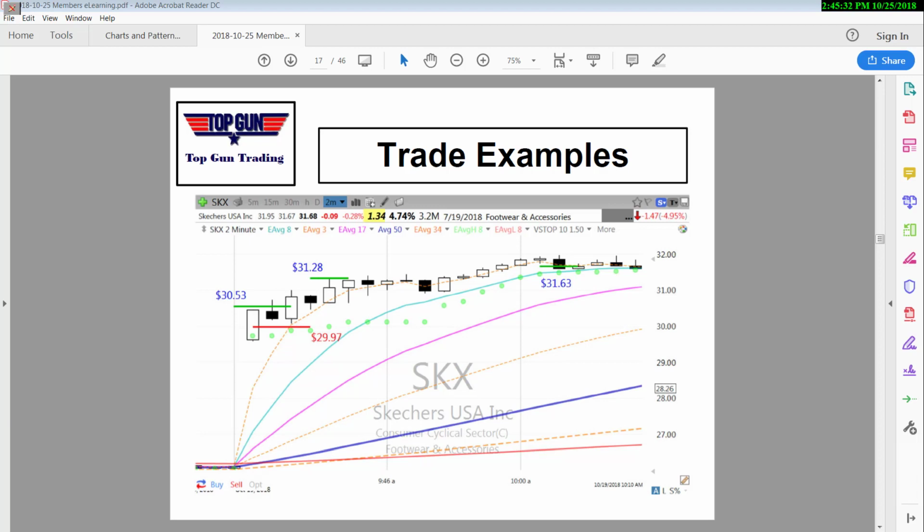All right, so here we go again. 30.53. We got to 31.28. That's 75 cents. I took money off the table because it looked like it was not going to run. Momentums. Those are the average true range, TJ. And they're